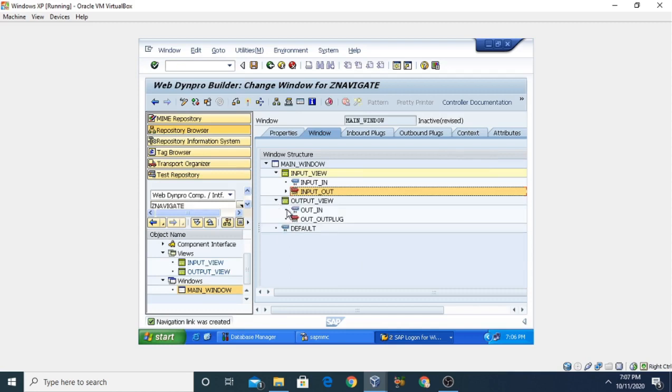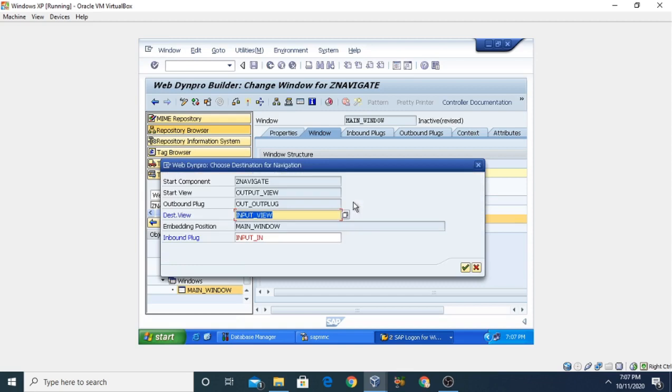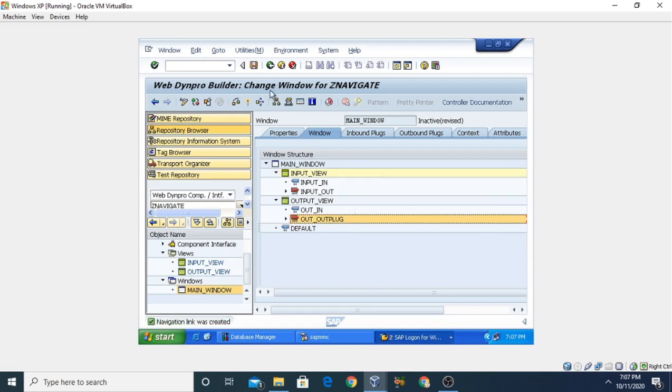Similarly in the output view, when the user presses the button go to first page, this outbound plug should move on to the first input view. So just drag and drop onto the input underscore in, and then press OK. Now we have defined the navigation in between the views.